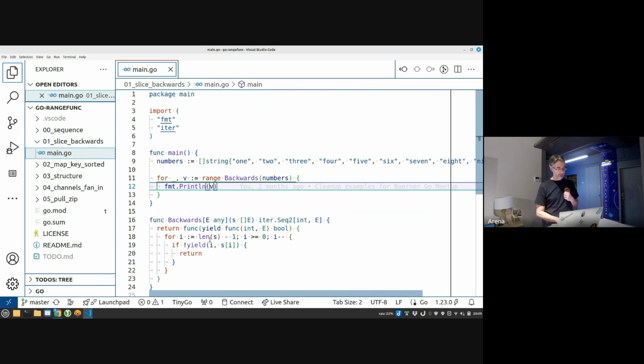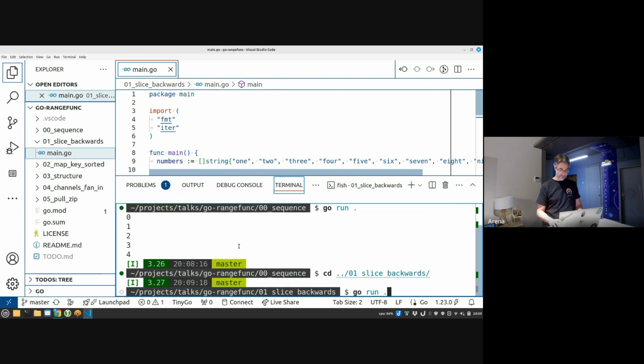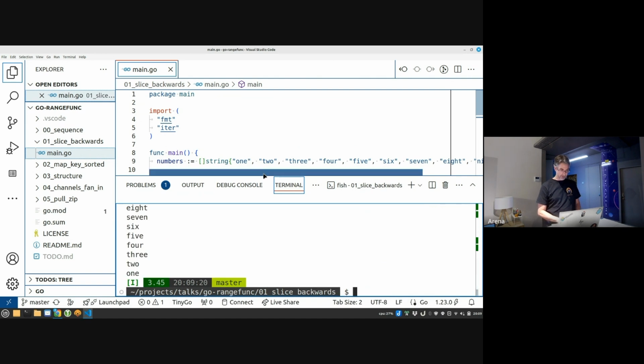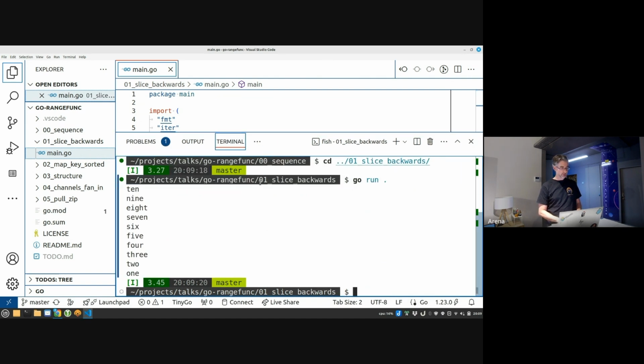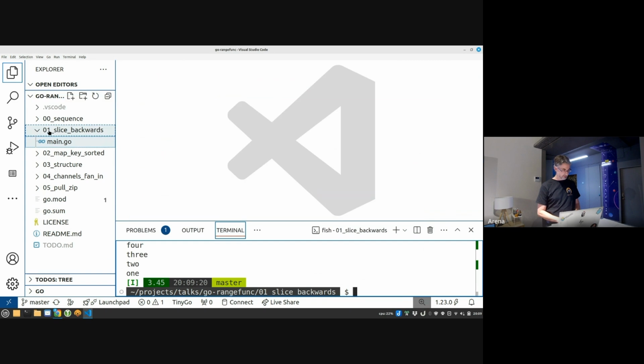And we have the expected for loop starting at length minus 1, counting down until we have 0 and yielding the values from the slice. And if we execute that one, no surprise here, we get the expected result, we get the words in backward order. So last but not least,